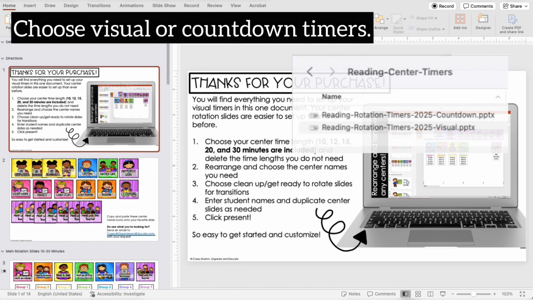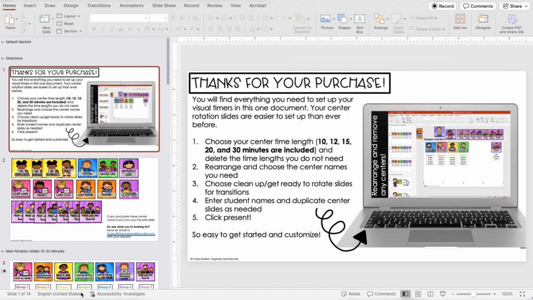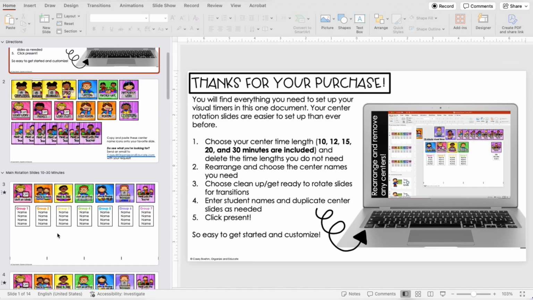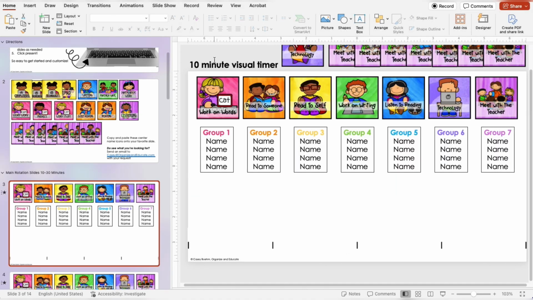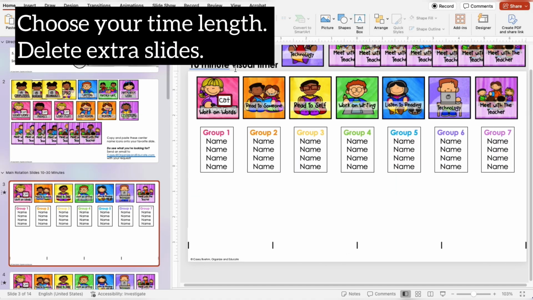When you first start, make sure to choose the file type you want, either visual or countdown timers. Then you can see all of your timings in this section here. When you click on a slide, you can see the timing displayed at the top. So today I'm going to do a 10-minute timer with the visual bar that fills across the bottom of the